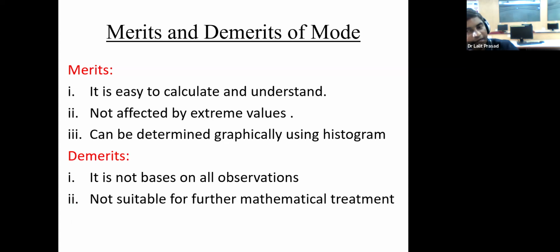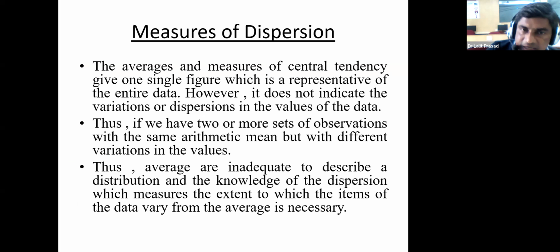Then mode. It is easy to calculate and understand, not affected by extreme values, can be determined graphically using histogram. You can find out mode using histogram. Histogram से अपना mode निकल जाता है. Not based on all the observations and there is no use for further mathematical treatment. Correct? So these are the things I have given you,